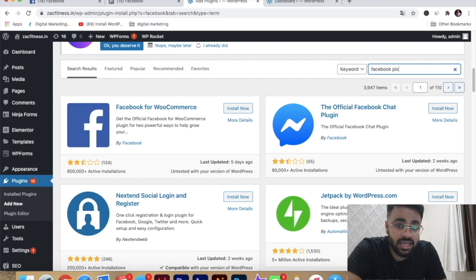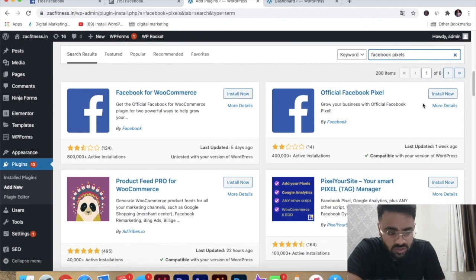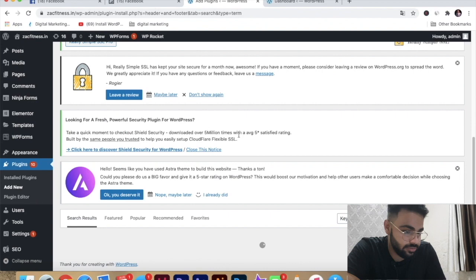Now Facebook has their own pixel plugin. You can install that, but you can see it has a very low rating. I don't know the reason why, but still I prefer to use Insert Headers and Footers, just so that I have the liberty to install more codes in the header section. With Facebook, you can only install one Facebook code.